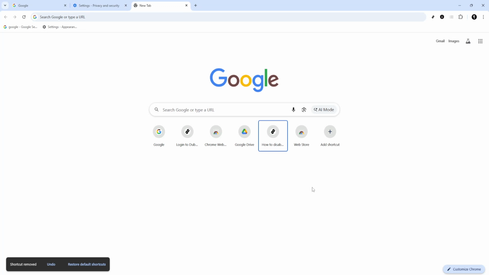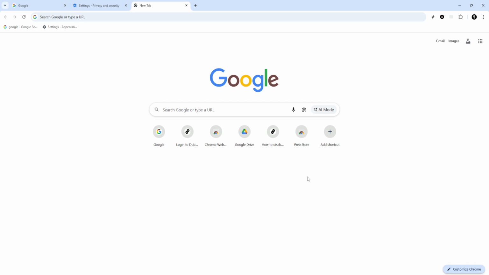In today's video, I'm going to teach you how to add a shortcut to Google Chrome homepage. This is a quick way to keep your favorite websites just one click away right on the new tab page. If you regularly visit the same sites for work, school, or personal browsing, creating a shortcut will save you time and keep things organized. We'll move through this step by step, and I'll add simple tips to help you avoid